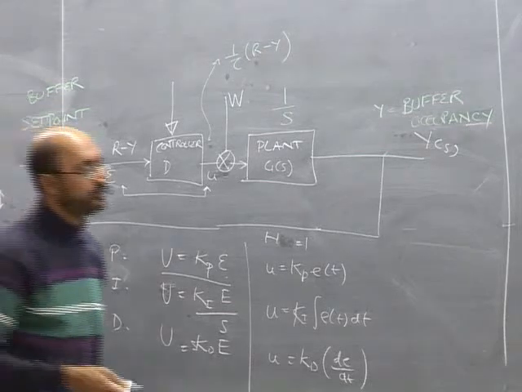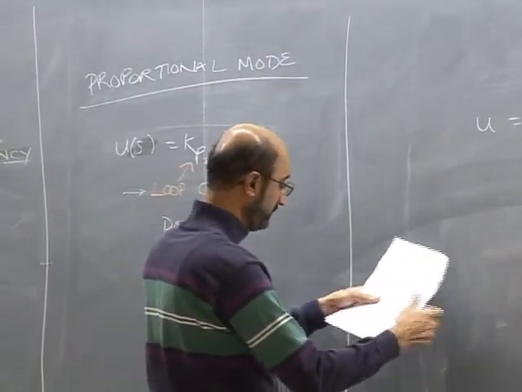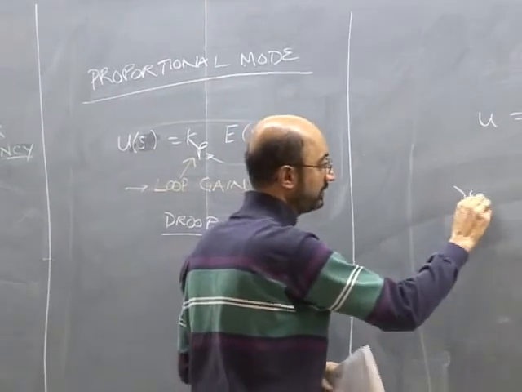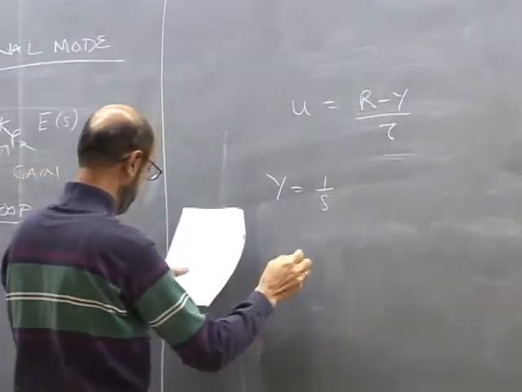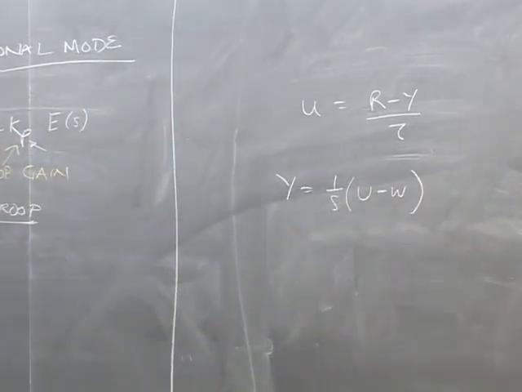Okay, so with this equation, we can actually make very quick progress because we know that Y equals 1 over S, times (U minus W), because the plant is 1 over S, and